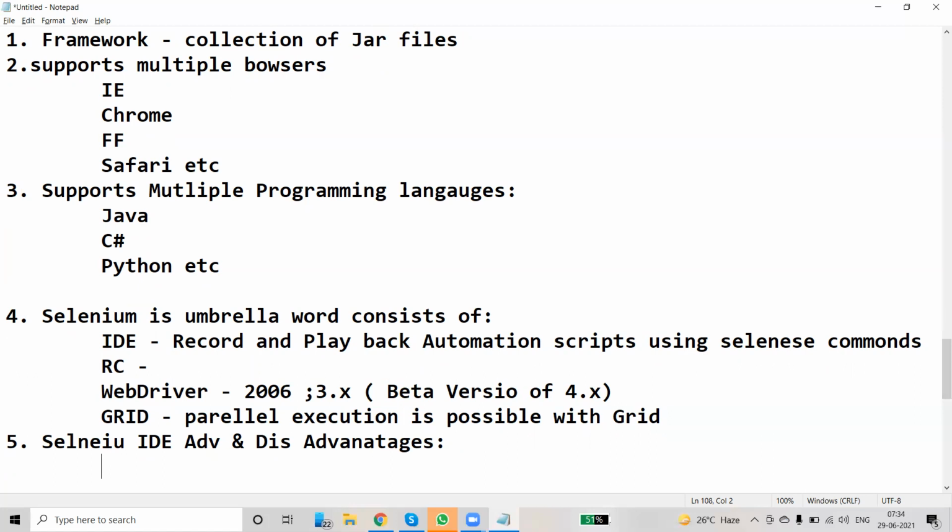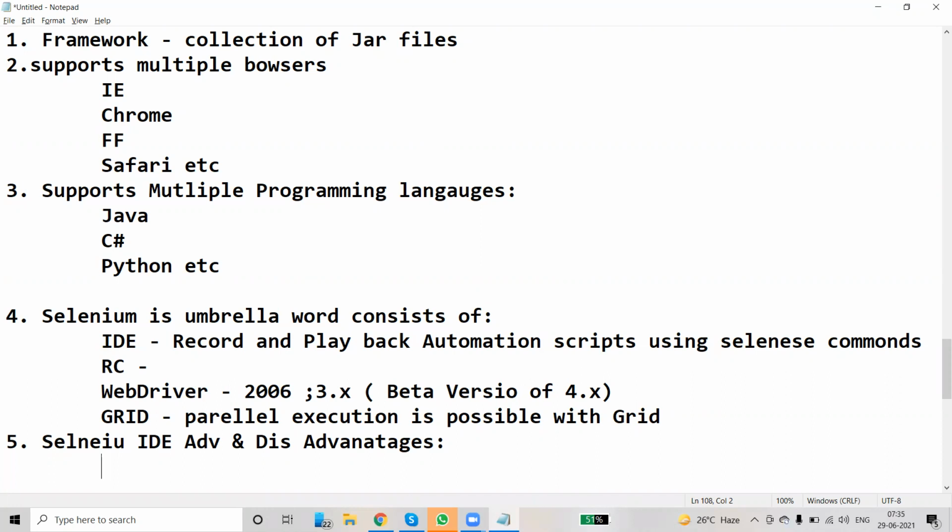But the limitation is that we cannot program like we do for WebDriver, as required by the tester. There is no support for iteration and conditional operations. If I want to execute the same set of steps multiple times, that is not possible. Test execution is also slow compared with Selenium WebDriver. These are the disadvantages of Selenium IDE.